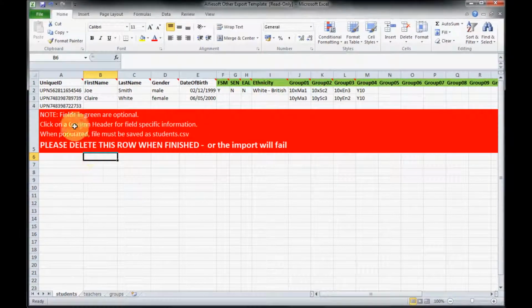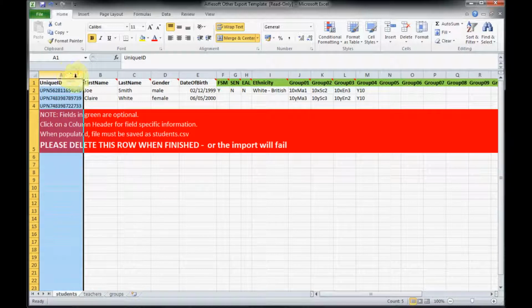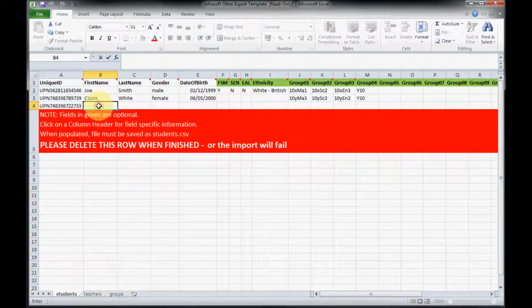I must use a unique ID for each student. AlfieSoft advised that I use the UPN or admissions number. I have to use the same unique ID every time I import the data, otherwise my students will not match up. I fill in the first name, last name, gender, and date of birth columns as per the instructions in